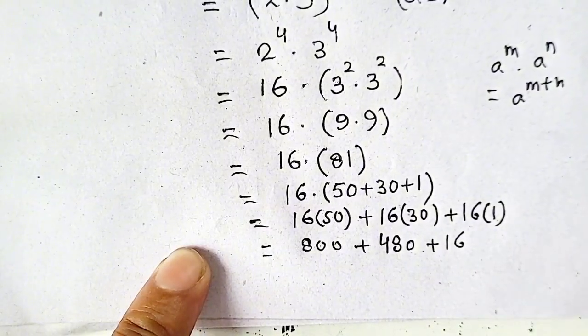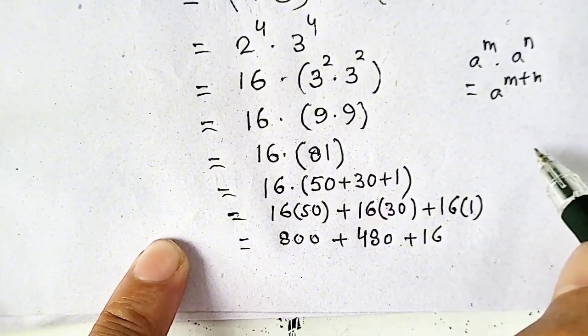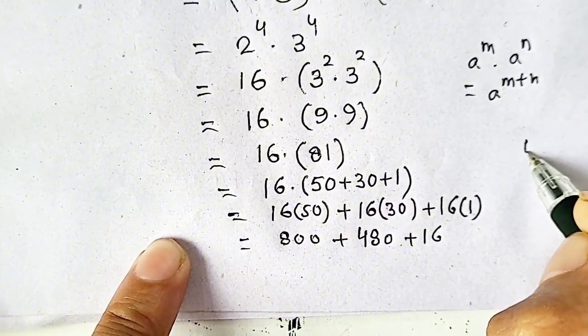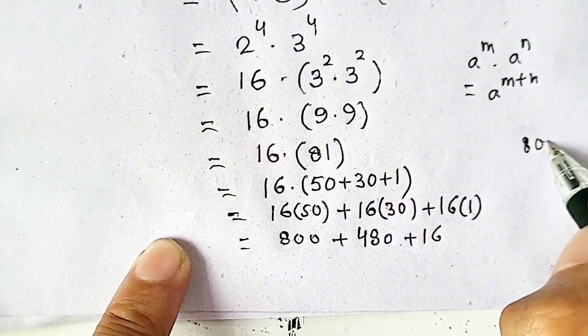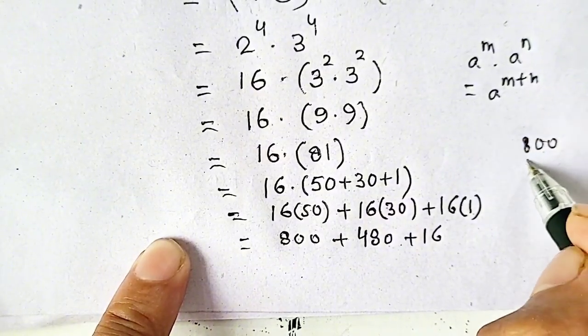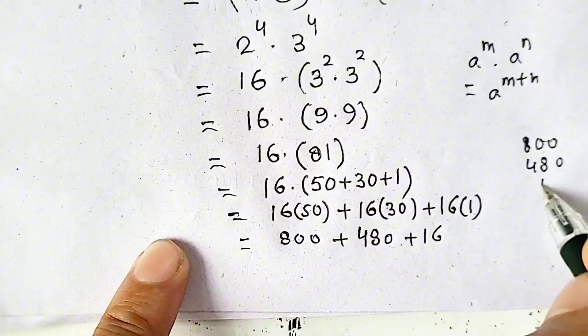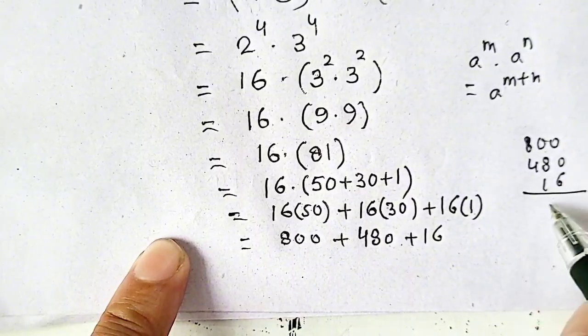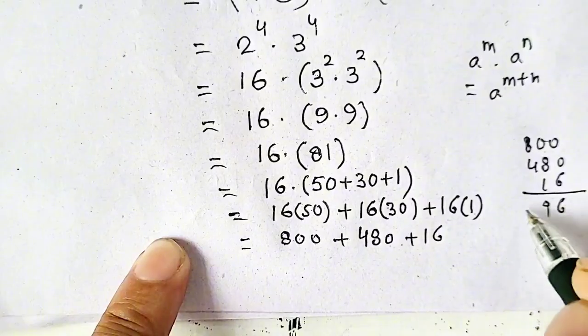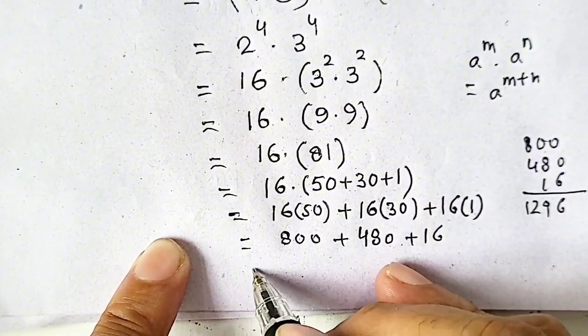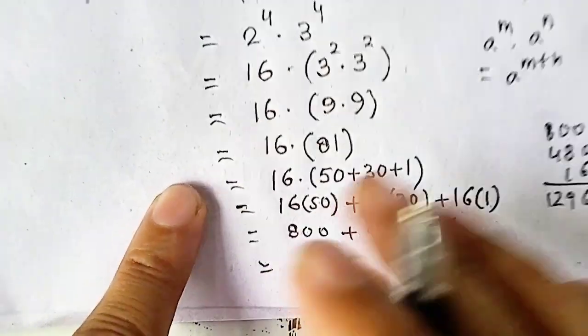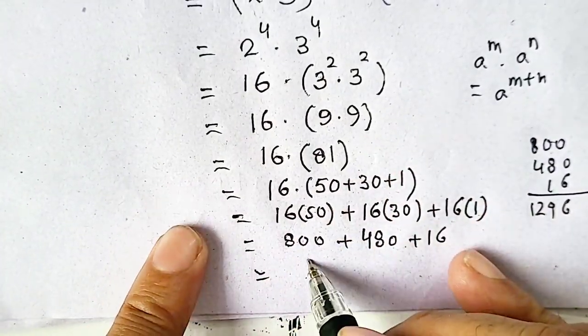If we add these 3 numbers, we will get 800 plus 480 plus 16. We will get 1296. So our answer would be